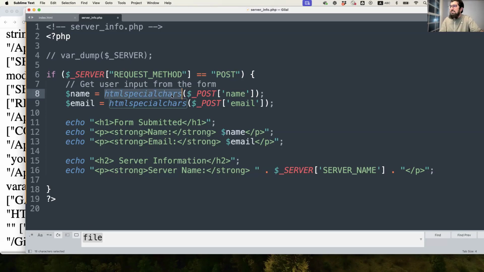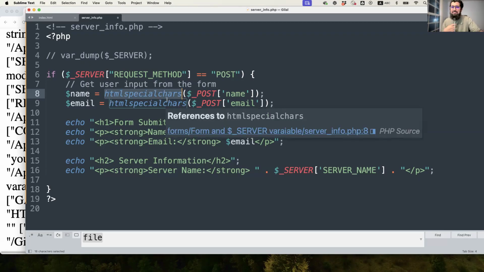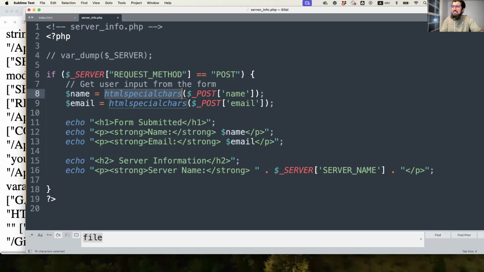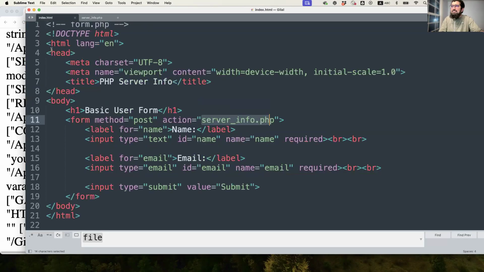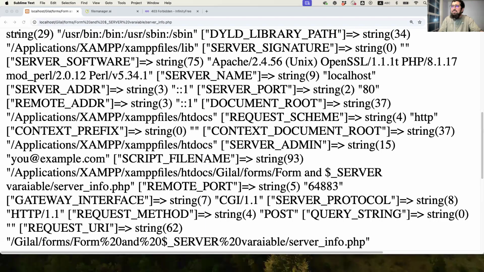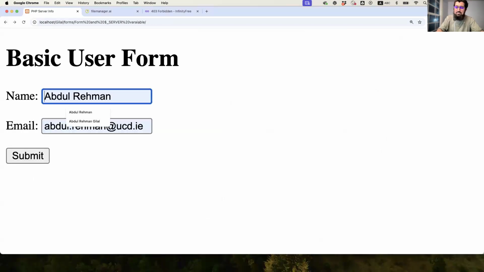So let's say the first thing is htmlspecialchars. This is a special kind of function that basically helps you if the information that is coming from a client has some attributes that may be useful for HTML. For example, you have a less than or equals to sign. So that's the useful thing: if you have any information, for example, the client is sending information this way, for instance, the client is trying to say